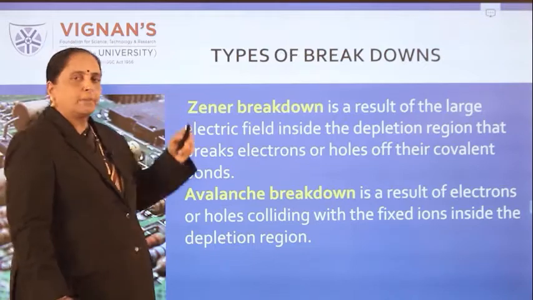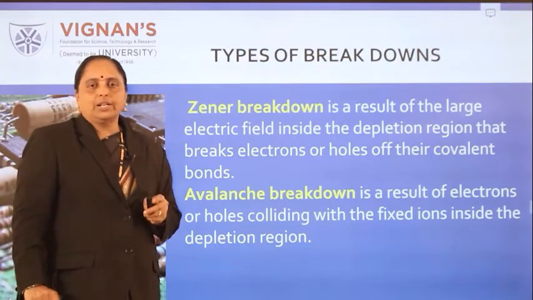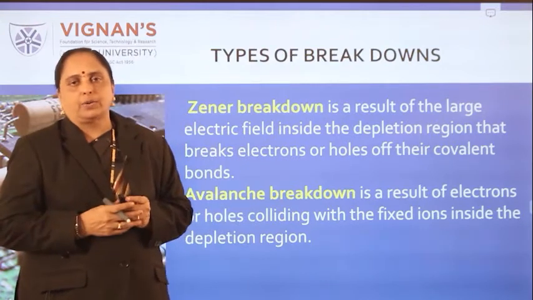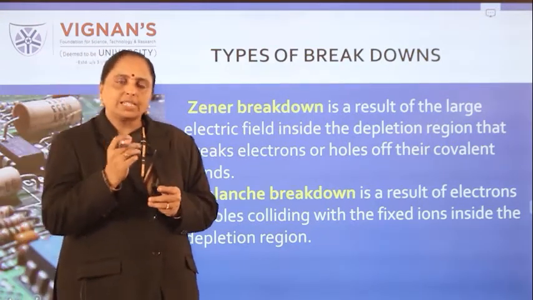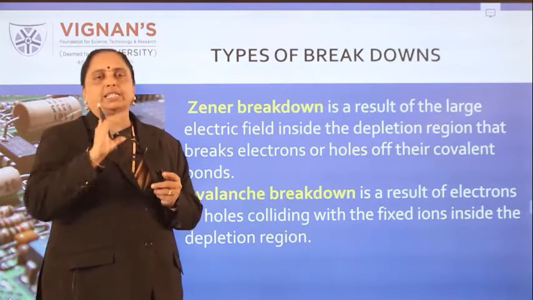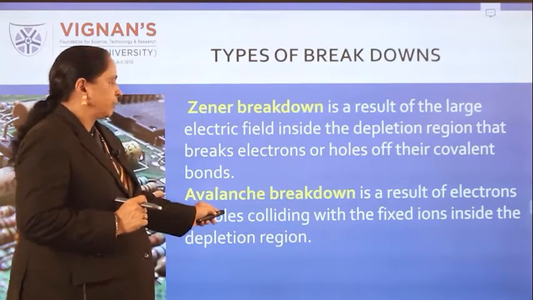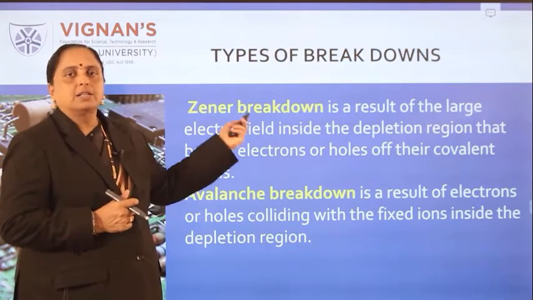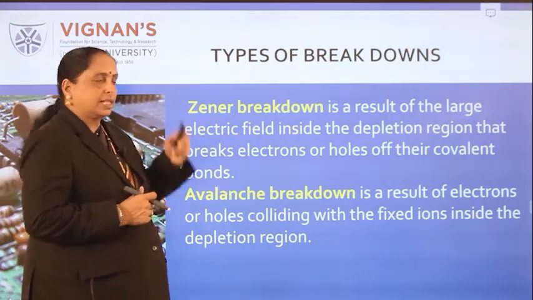What is meant by Zener breakdown? Usually here we talk about the doping levels of a PN junction diode. If the PN junction diodes are lightly doped, we will see avalanche breakdown. Heavily doped diodes will expect a Zener breakdown. Now let us see what Zener breakdown is.